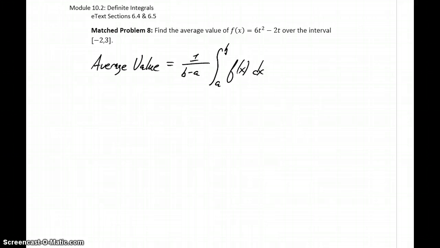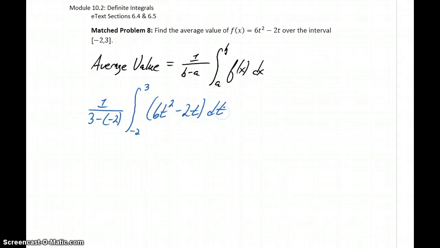So in this case, we want to find the average value for 6t squared minus 2t on the interval from -2 to 3. This means we would find 1 over 3 minus -2. Take that times the integral of -2 to 3 of 6t squared minus 2t dt. So 1 over 3 minus -2 is just going to be 1/5